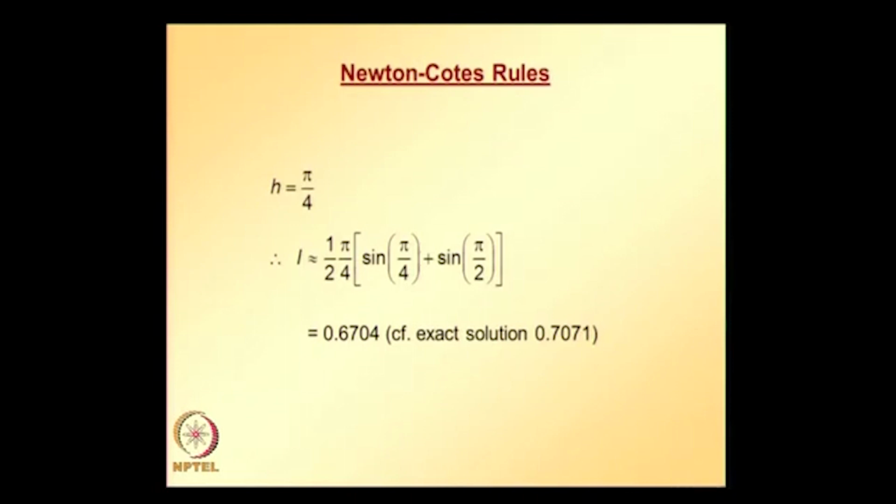So if we compare with the exact solution, the approximate solution that we just obtained using the trapezium rule, it turns out that the exact solution is 0.7071. So that is the accuracy that we get using the trapezium rule. So now let us go and see